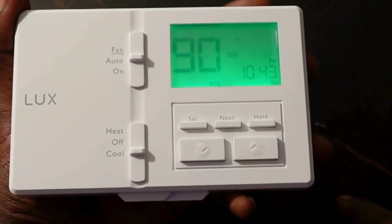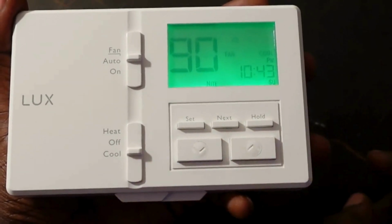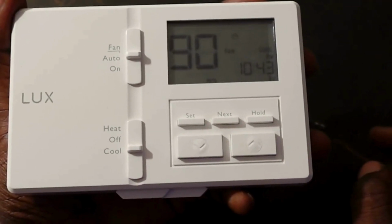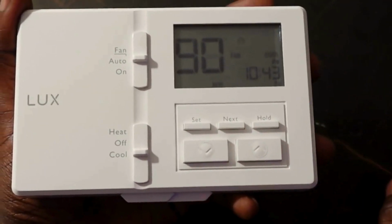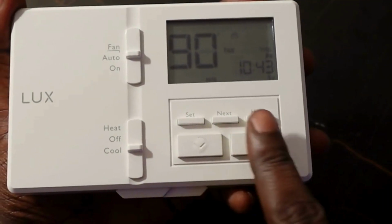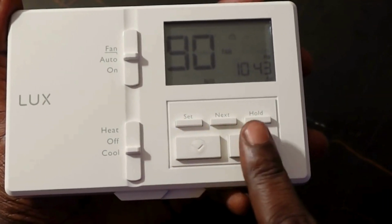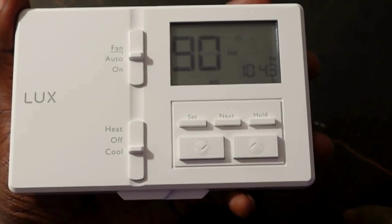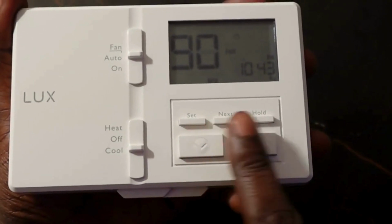So what you want to do is check the display here. You want to check to see if you have a padlock icon here, and if you can find one, it means your device is locked, okay? So these buttons are not going to work, so you cannot change your temperature with these buttons here, okay? So what you want to do is unlock it, and then you can use these buttons to adjust your